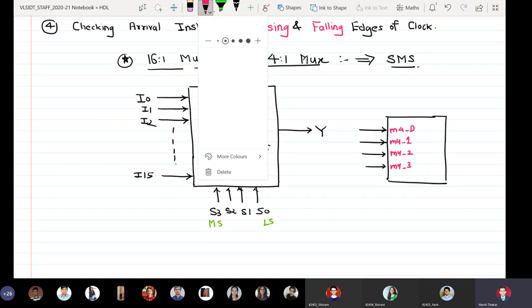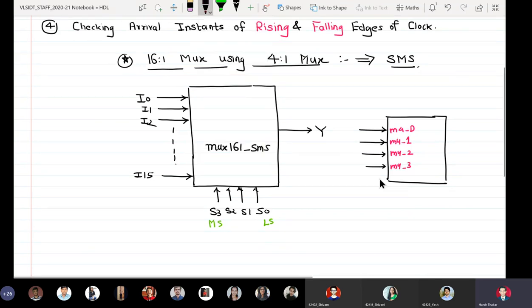And then we have the select lines here, 2 select lines, and let them be M4S1, M4S0.